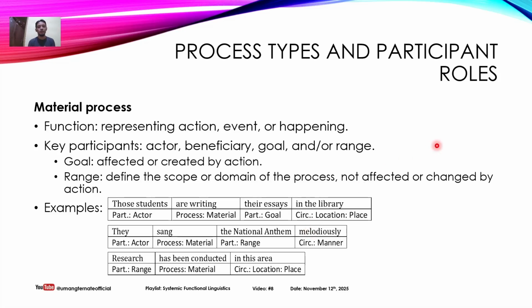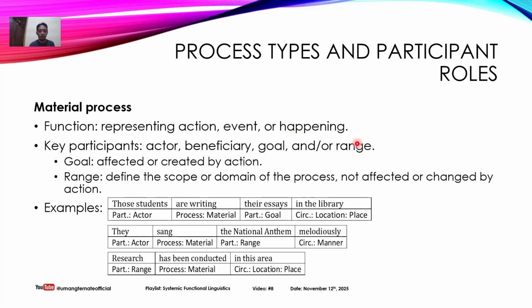Now, we come to the process types and participant roles. We begin with the material process. The material process functions to represent action, event, or happening. The key participants are the actor, beneficiary, goal, and or range. Why and or here? Because